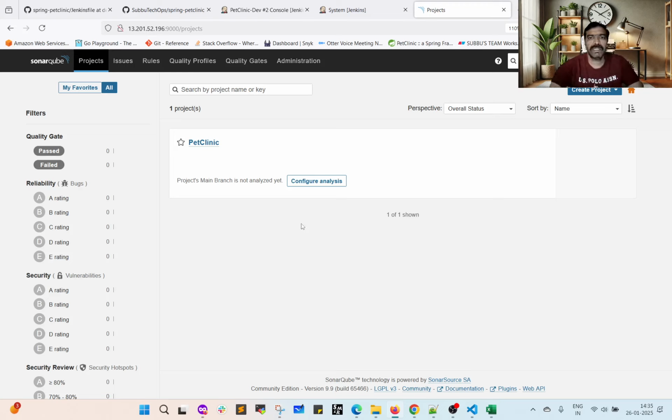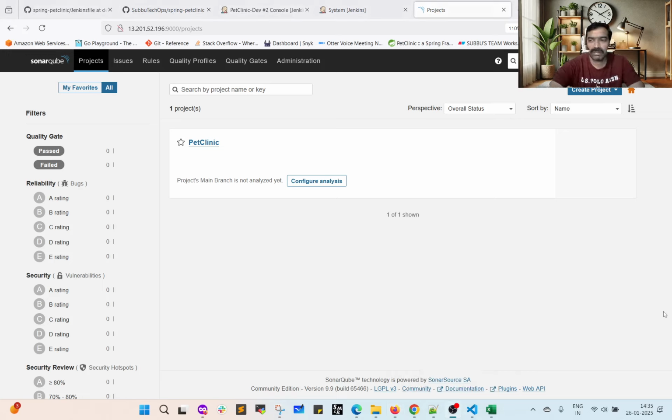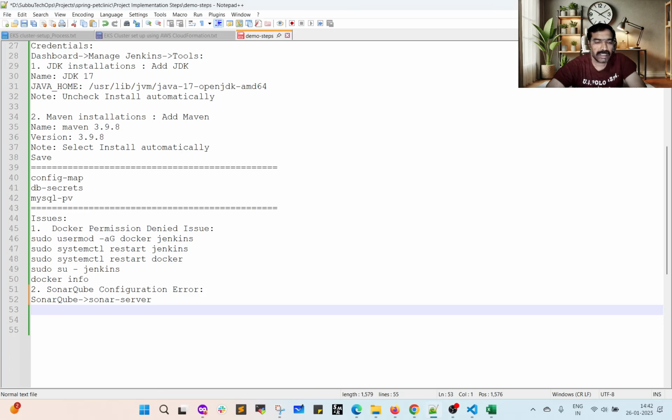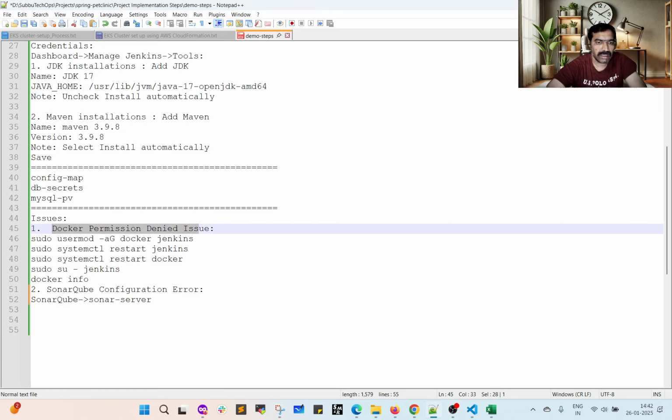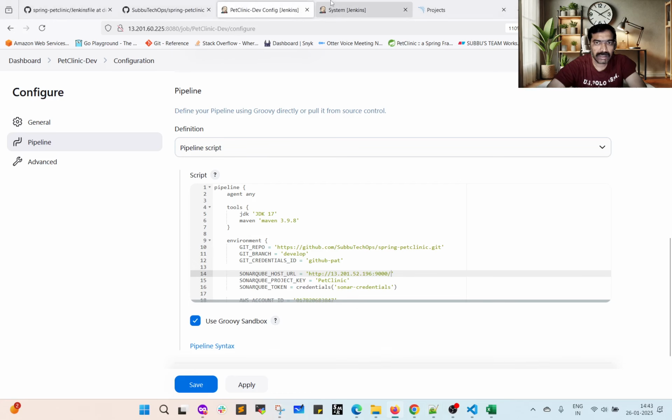Okay, let me debug, and I will update the issue and solution as well. Here I have observed two issues. One is the Docker permission denied issue. For this, we need to do all these steps. And the second one, this one,